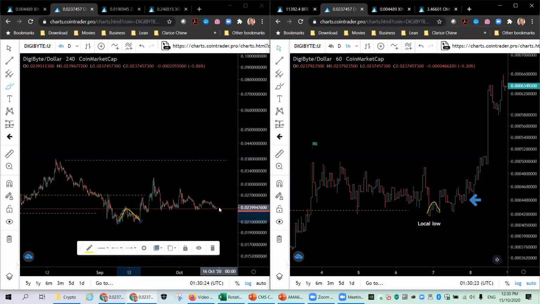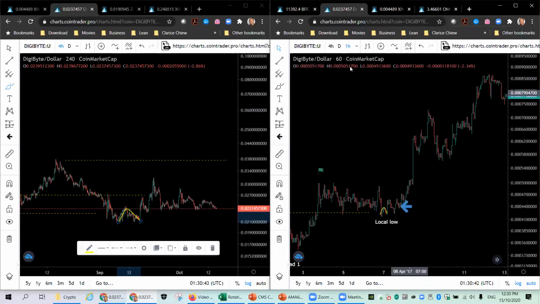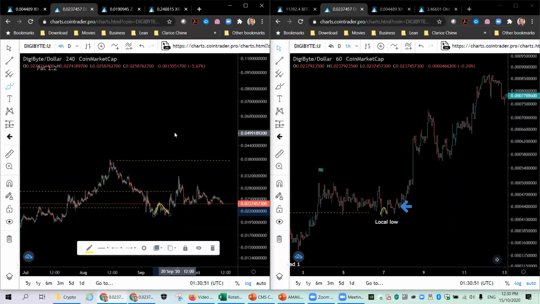So that's it. It's very similar to Litecoin in a way, isn't it? I mean, it's just going to slowly work on some of this structure. Then eventually it has a bias to the upside. And the next thing you know, there is a burst up, and there you go. The burst up will come. So that's where we are. There's no changes in Digibyte's structure. Currently, it's still